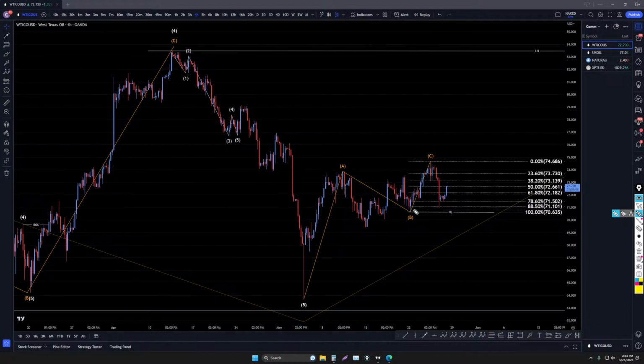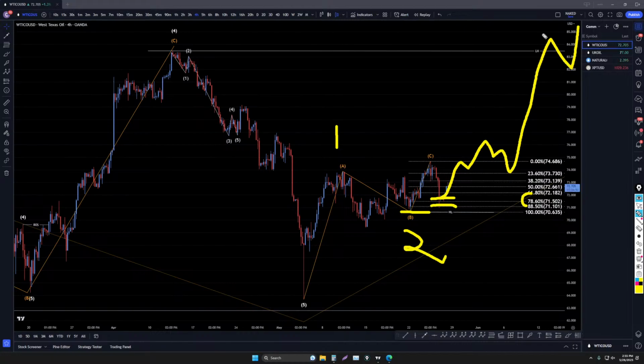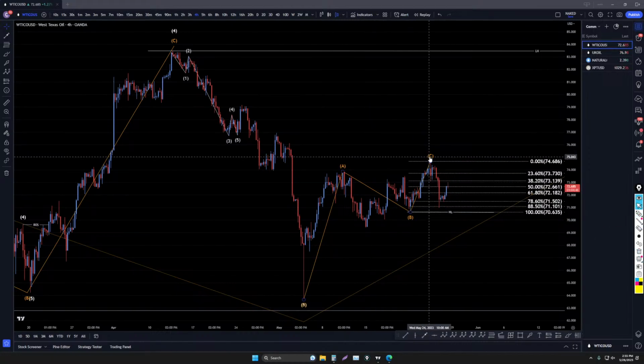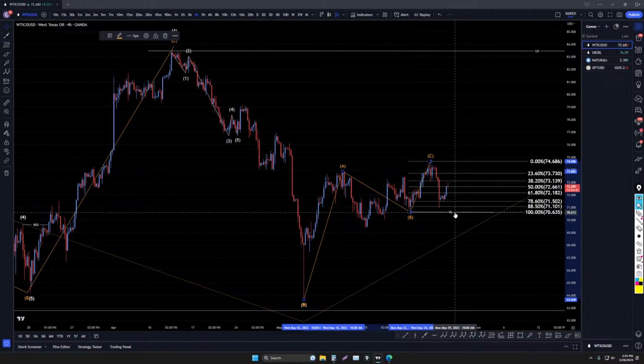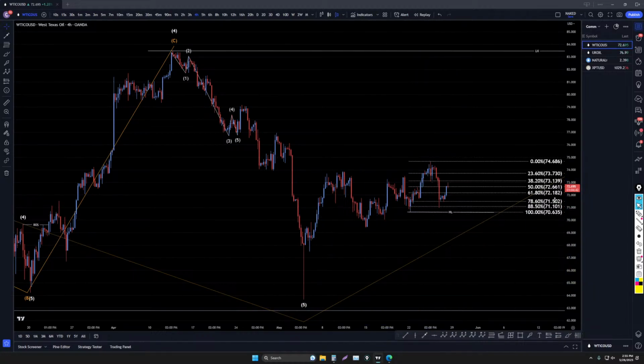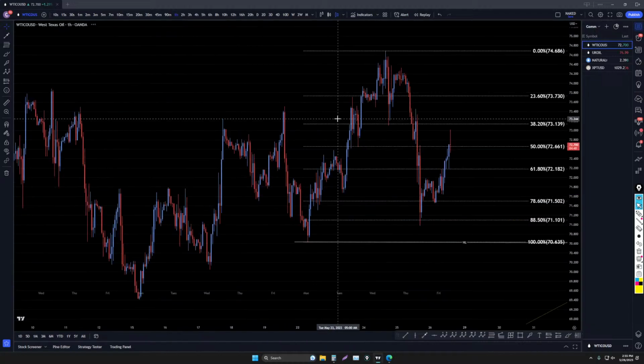I was almost thinking today that this could possibly be an ABC correction this morning when I put this in my members forecast, but the fact that it turned at the 78% fib level, the fact that it made another higher low, this very easily could just keep on drifting up. It might just be a little choppy for some reason, but it still looks like it could end up being a 1, 2, 3. So I marked this as an ABC, but really unless it breaks that low right there, that pretty much negates the idea of that actually being an ABC.